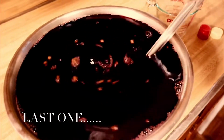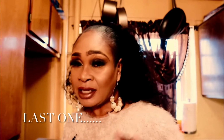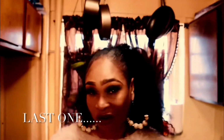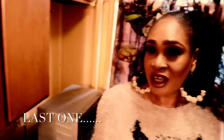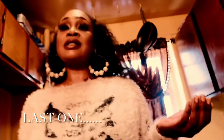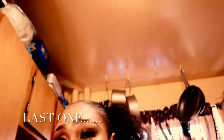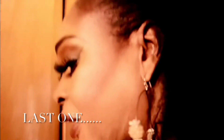And at this moment, I'm just gonna taste it to see if it has enough sugar and the taste that I'm looking for, because I know what good sorrel tastes like. I've been doing this a long time, so I'm just gonna taste it to see what it tastes like. Exactly what I'm looking for. Now, if you like, you could add more sugar, but it's not too sweet. It has a lot of ginger, enough wine, enough rum. But at this moment, I'm just gonna tap a little bit more rum, and I'm just gonna tap a little bit more wine,